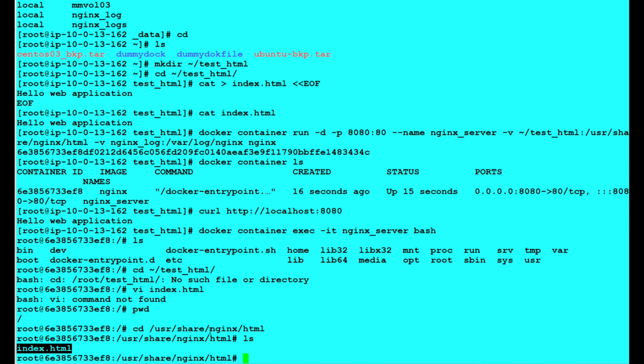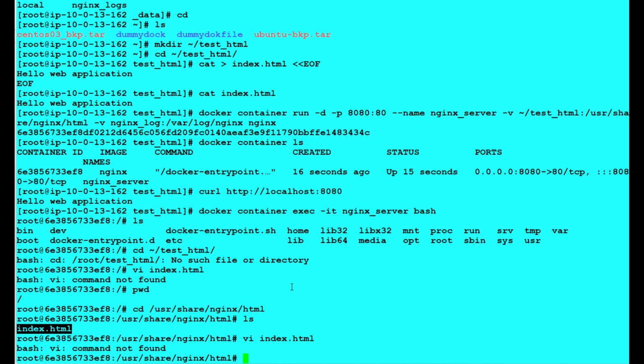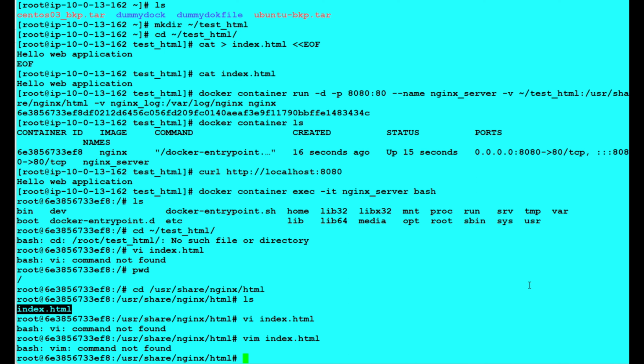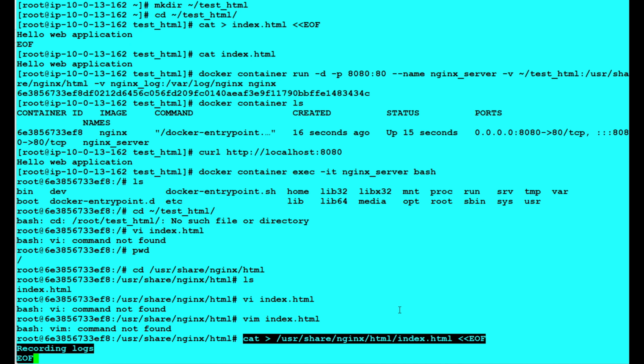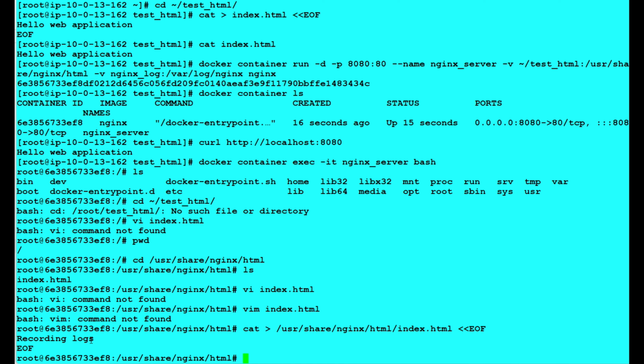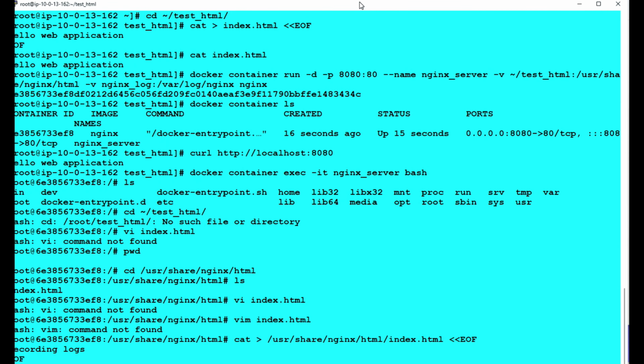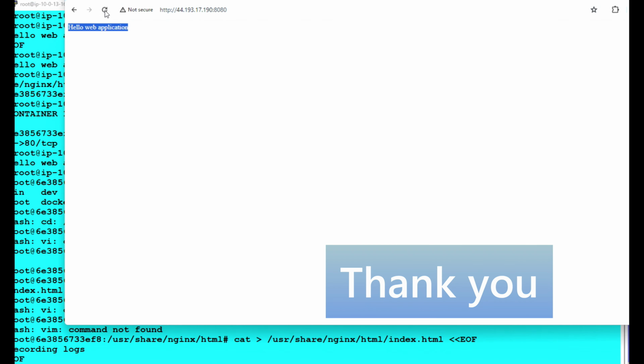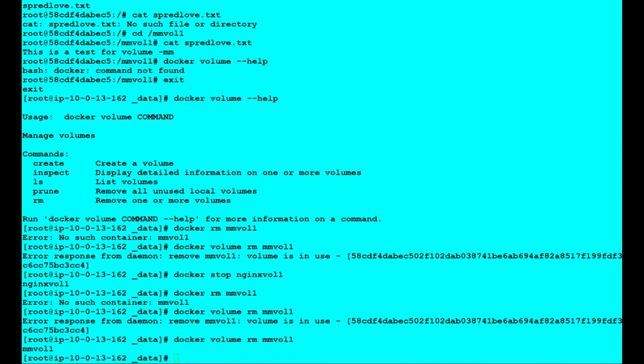Now here from the container, I am going to change something. So vim is not working. So what I can do, I can just use the cat command straight into that directory. So we have changed that. It should get recorded in the logs this time. So if I go to the window here, you can see that recording. So for that, let me get